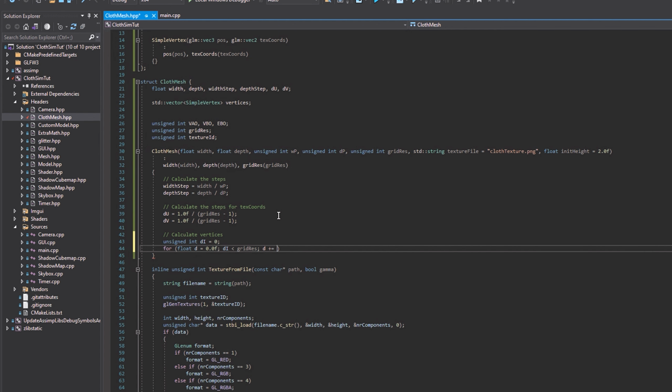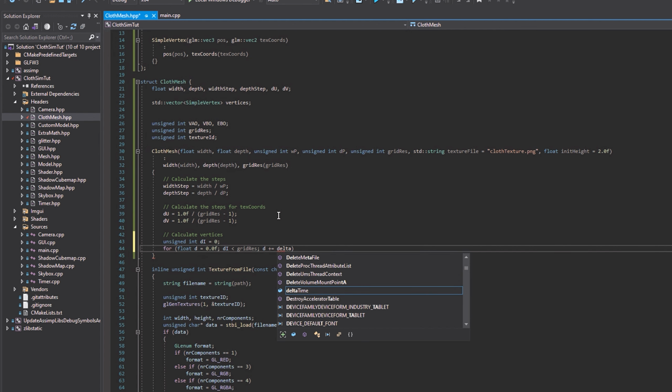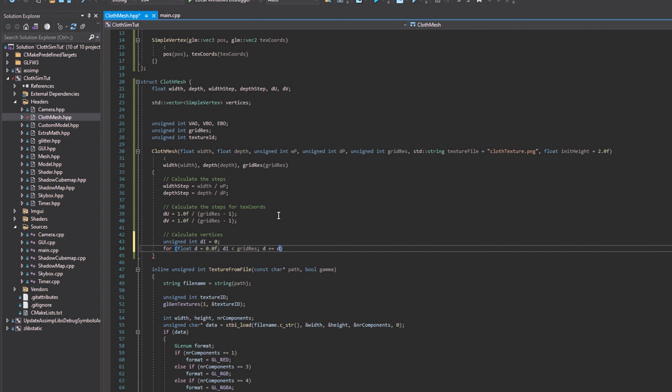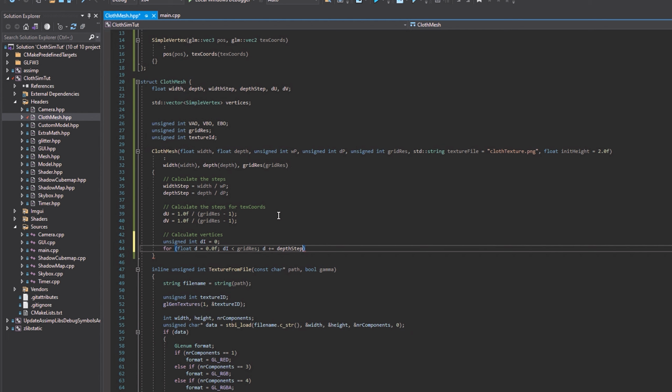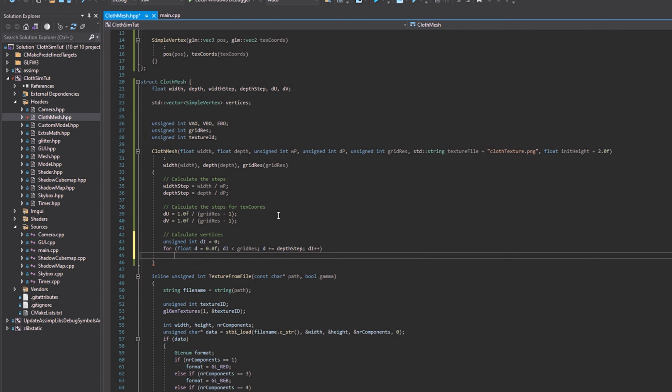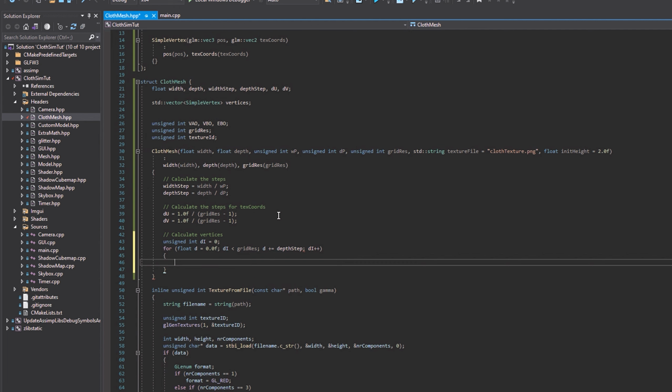And we're going to update d the way we talked about. So it's d plus equals depth step. And we also need to increment di every single loop. So we're going to have di plus plus. Okay, that's our depth. We do need to do a similar thing